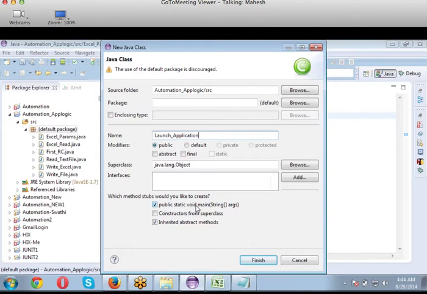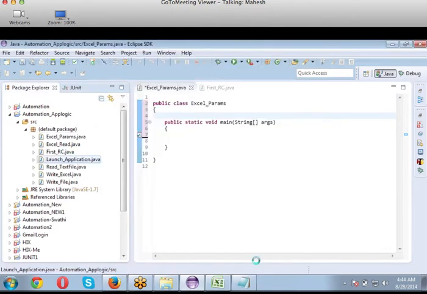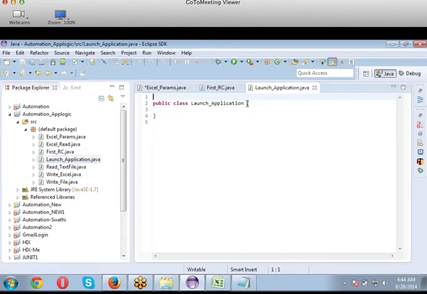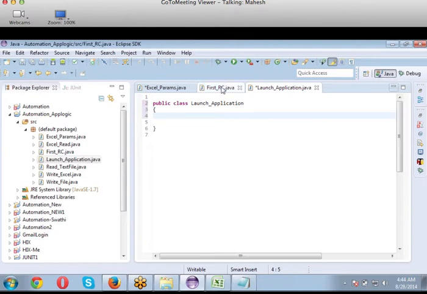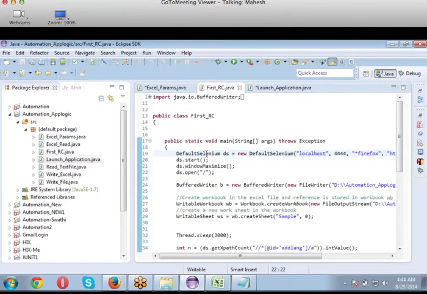If I want to create my own class instance, I will not select my main method so that I can reuse it in other classes. So there is no main method inside this class. First thing I have to do here is I have a class called default Selenium which I have to make a public class. This default Selenium class is the main instance for running my browser and a URL.